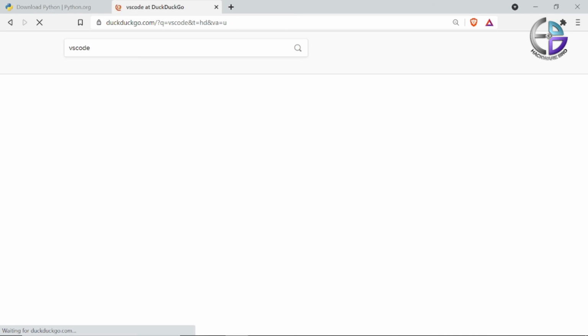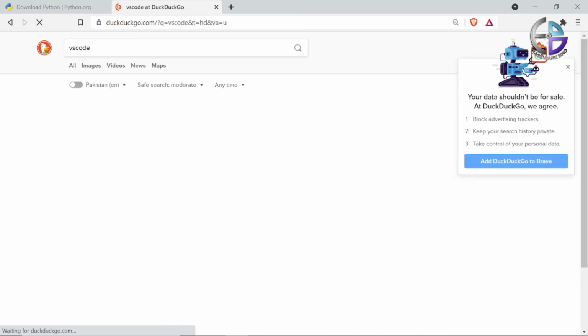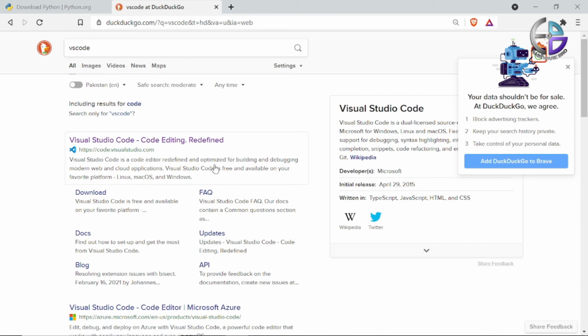But why am I using VS Code? There are many more IDEs which support Python, but I am not going for an IDE which is only specific to Python. Just like you can install PyCharm, which is only specific to Python, but I want to use an IDE which will help you to write any type of code, HTML, CSS, JavaScript, because we will learn about it later in our future videos.